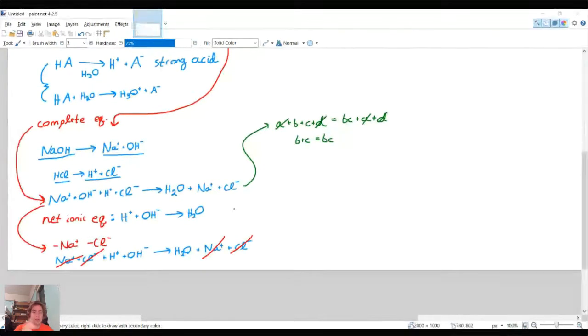When you cancel the ions on both sides, that's like working with the summation. And if you think of what net is, like the net effect of something, if I pull something this way and pull something this way, the net effect is it stays still. So it's two things canceling, and when we look at the complete equation, we're canceling things on both sides. So it becomes a net ionic equation, and that's how it's defined, because you're taking the net of the ions in the chemical reaction. Does that make sense?